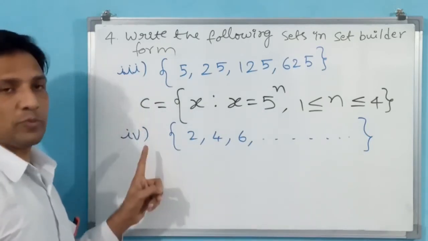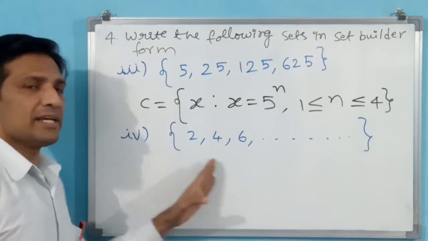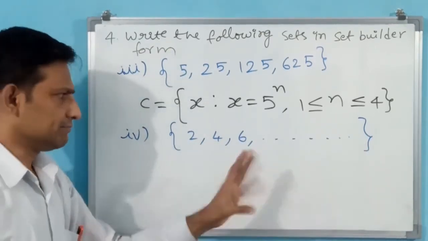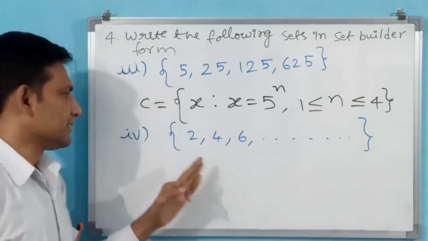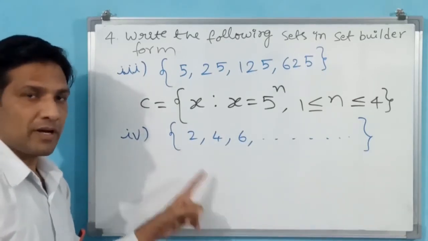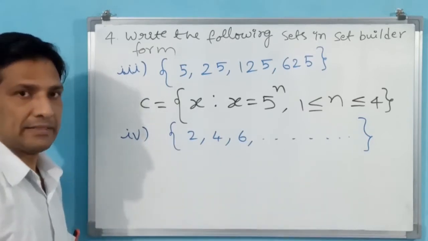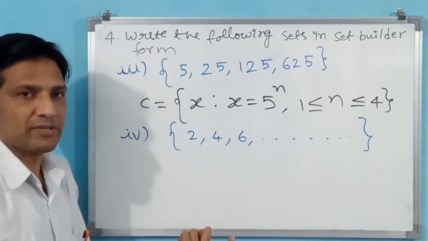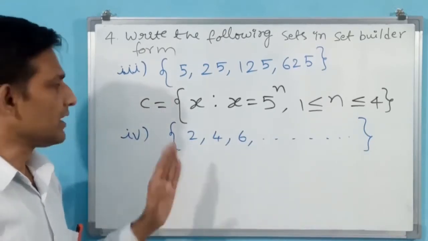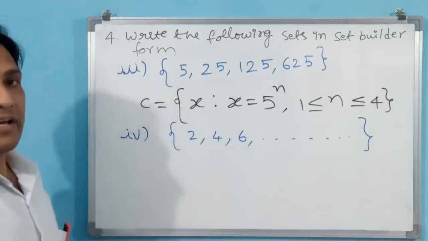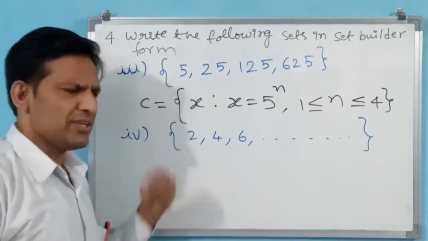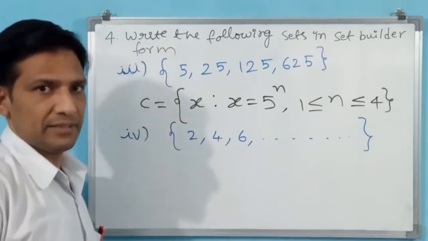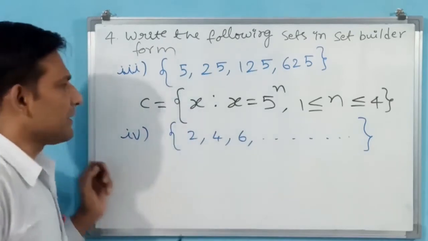Okay. See this fourth part of this question. This is a continuous set, or infinite set. There is no ending, and it is not started with 1 or 0; 2, 4, 6 they have started. That means particularly these are not natural numbers or whole numbers, complete natural numbers or complete whole numbers, like that we cannot write. If you observe, these are even numbers. Okay, even natural numbers, even whole numbers, whatever you may call, but even numbers. We have to write like even numbers.